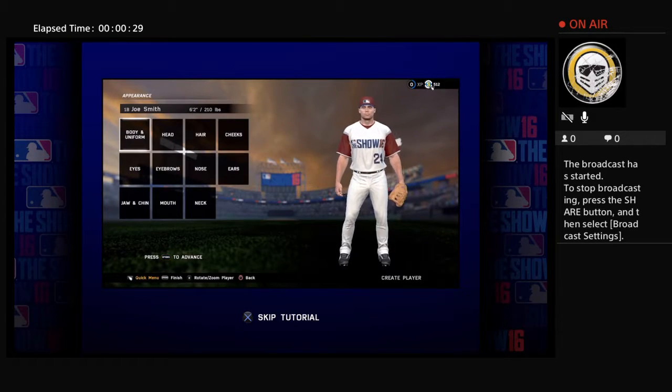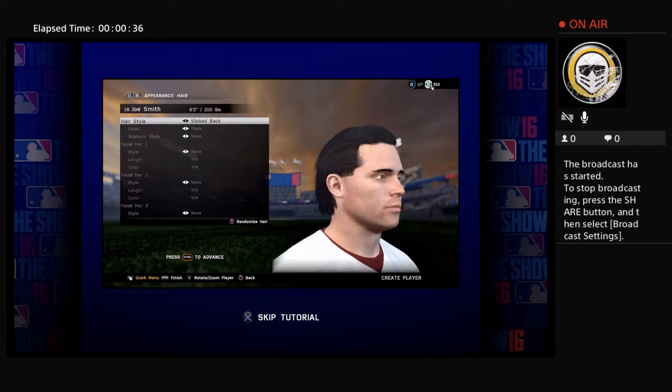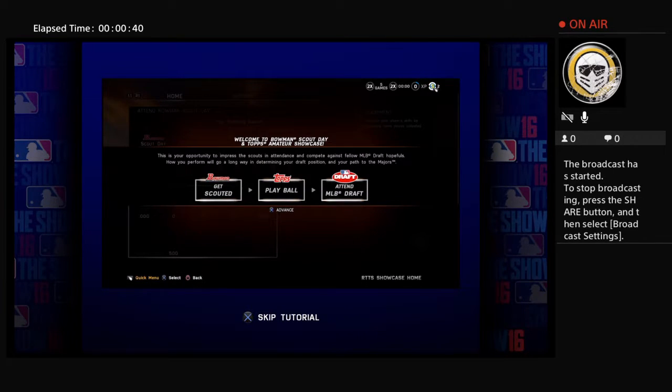Right off the bat, every unique detail of your player is easier to create and edit with a redesigned player creation interface that is more user-friendly and visually appealing. Raise your draft stock in the improved Topps Player Showcase, which now